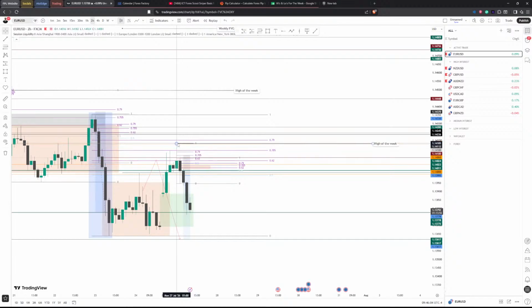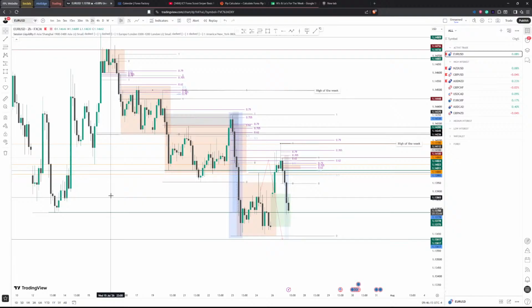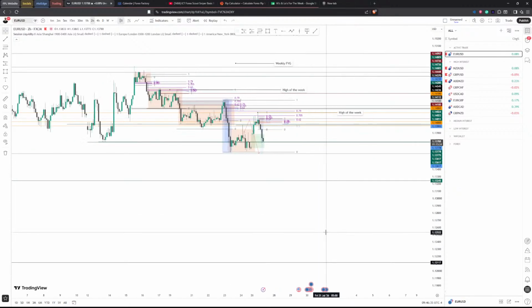Okay, so this is the current high of the week. This is where we opened. Sunday opened here. We pushed up here, and this is the current high of the week. Last week's high was up here. We are still in that bearish move. From about here, where's the first day of the week? From here is the open. We had one move, potentially two, three moves towards the downside that you could have probably got into. And if we have that again, we could potentially reach all the way down here.